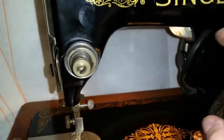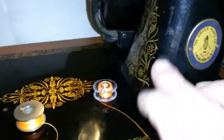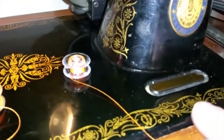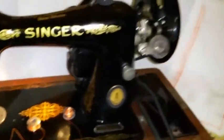You can buy decals and redo it, but just looking at some of the scrapes and stuff, it does appear to be authentic. Beautiful, ornate looking stuff. And the story behind that, these are machines that were coming into people's homes. This is an electric one, and